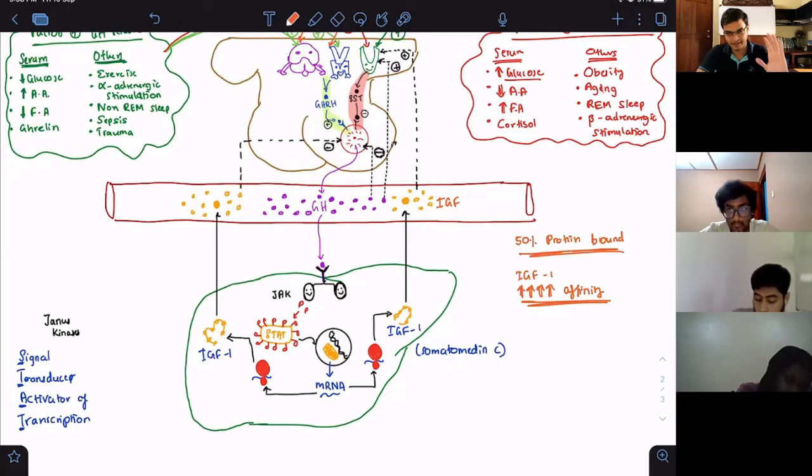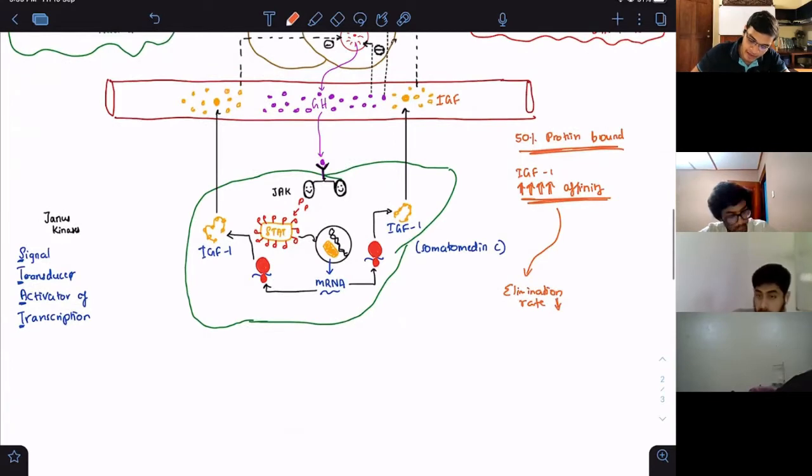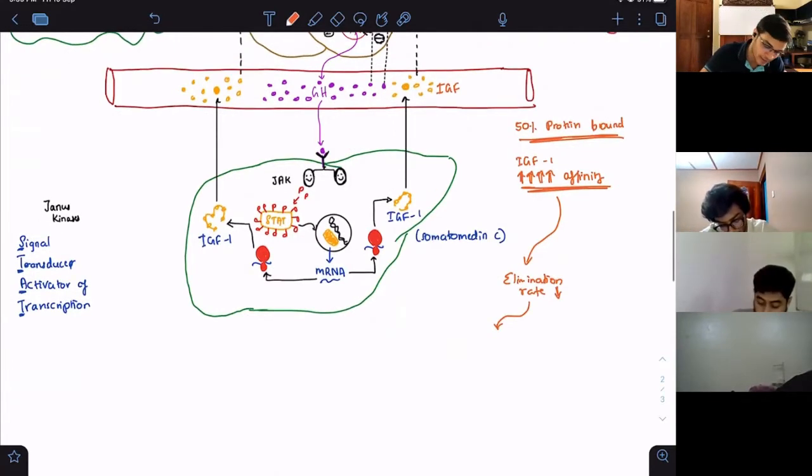IGF-1. Excellent. IGF-1, guys, its elimination rate is low, because of this factor. So it remains in the blood for a much longer time. Actually, guys, if you look at the half-life,